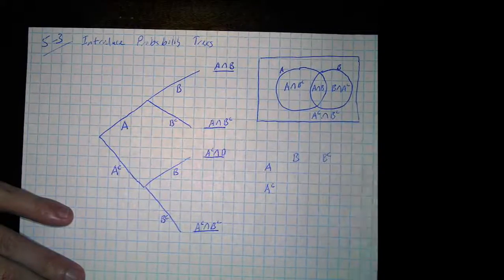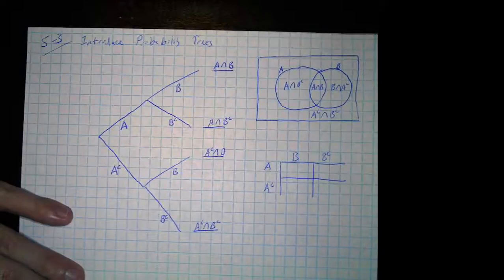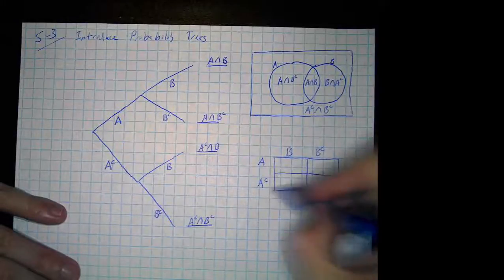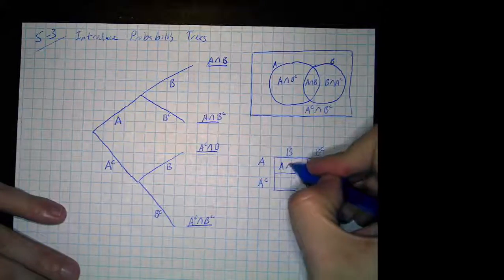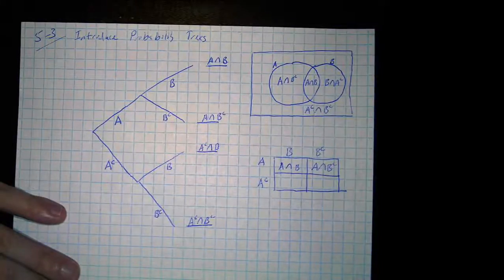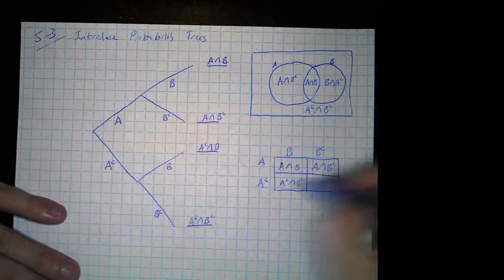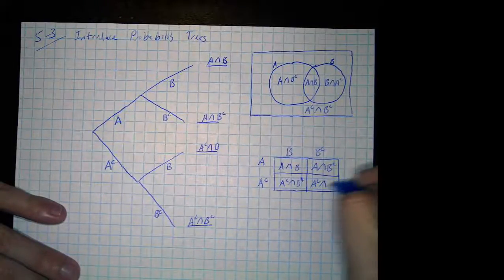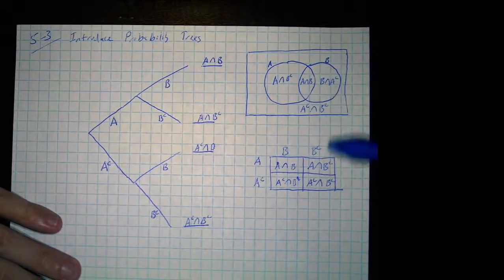Or you could do a table. It's freaking cool. Well, yeah, 'cause I wanted to make it pretty. So you can make a two-way table based on this. You can have your totals of your A, your totals of your not A. Right? Oh, what were those called? Two-way tables. Yeah. Wow. Two-way tables. That's what we're calling them. It's A and not B. This is not A, not B, and this is not A, not B.